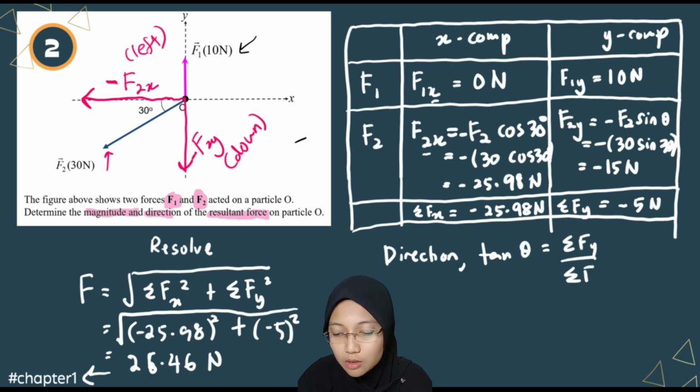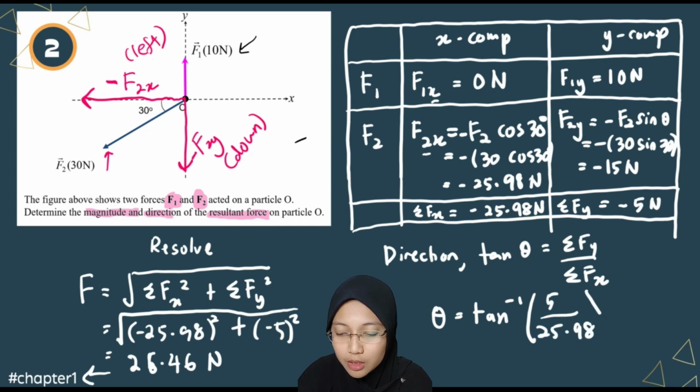Okay, for the direction, we apply the equation tangent theta is equal to the summation of Fy over the summation of Fx. When you do the calculation, it is okay if you don't want to include the sign convention, so it's shift tangent 5 over 25.98, and you're going to get 10.89 degrees below